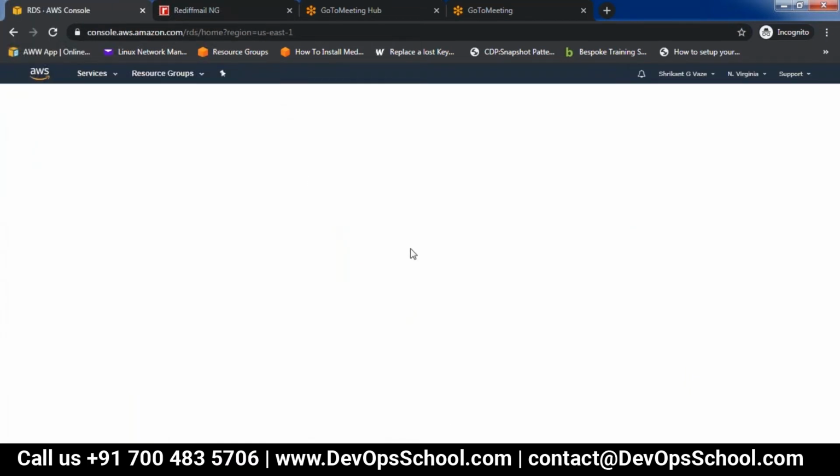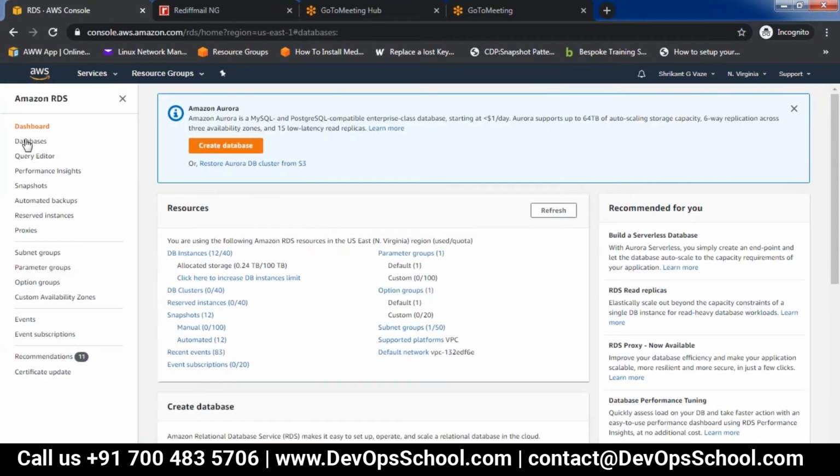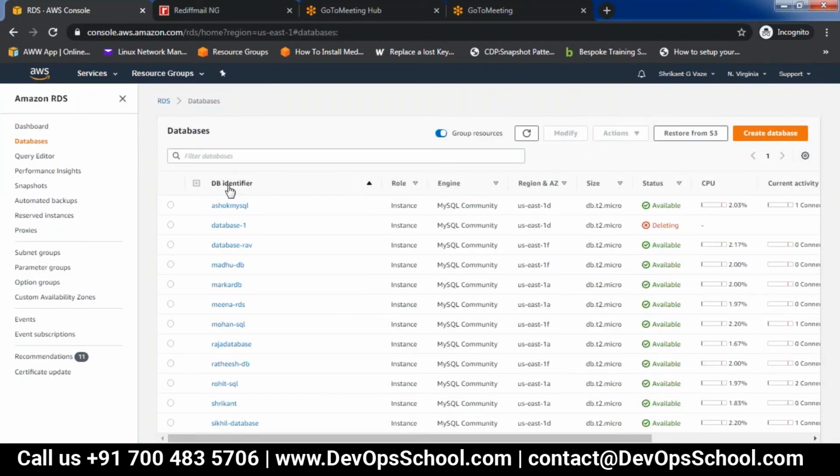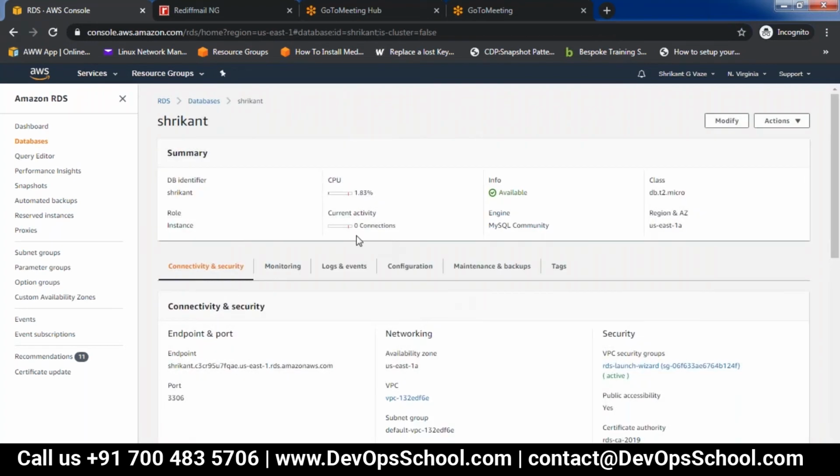There is an ID created. If you say DB identifier, this is the ID. Okay, the identifier is the ID. Yes, and you actually communicate on the endpoint. This is the endpoint on which you communicate.